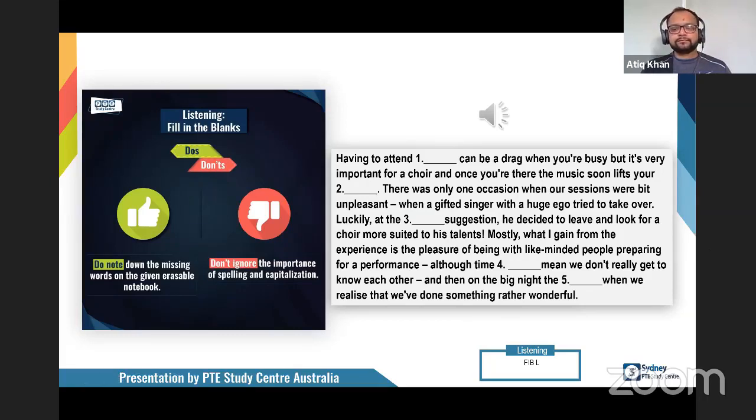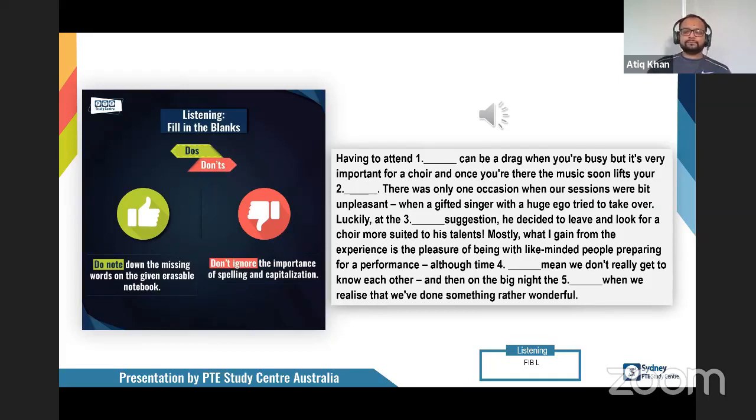Having to attend rehearsals can be a drag when you're busy, but it's very important for a choir, and once you're there, the music soon lifts your spirits. There was only one occasion when our sessions were a bit unpleasant, when a gifted singer with a huge ego tried to take over. Luckily, at the conductor's suggestion, he decided to leave and look for a choir more suited